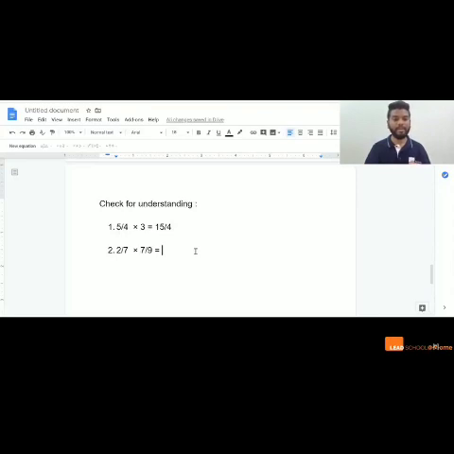So 2 into 7 into 7 by 9 is 14 by 63, or it is equal to 2 by 9, right? I multiply my numerator with my numerator, that is 2 7s are 14, 7 9s are 63. Because they have 7 as a factor in common in both, I can divide both of them by 7. So I will have 2 by 9. Great. So students, as of now, we've learned how to multiply fractions.